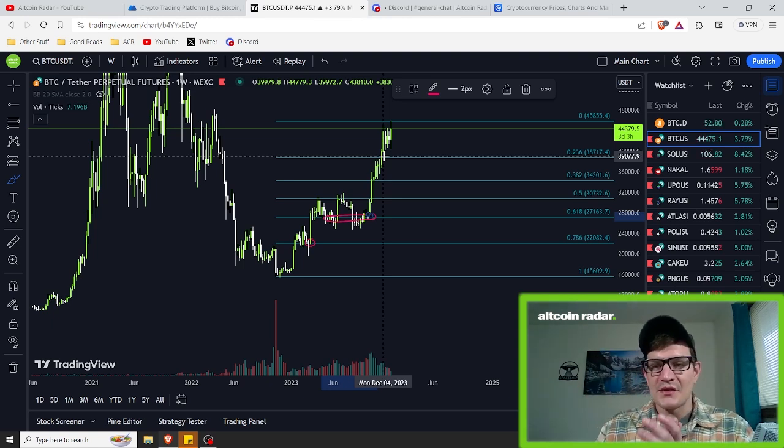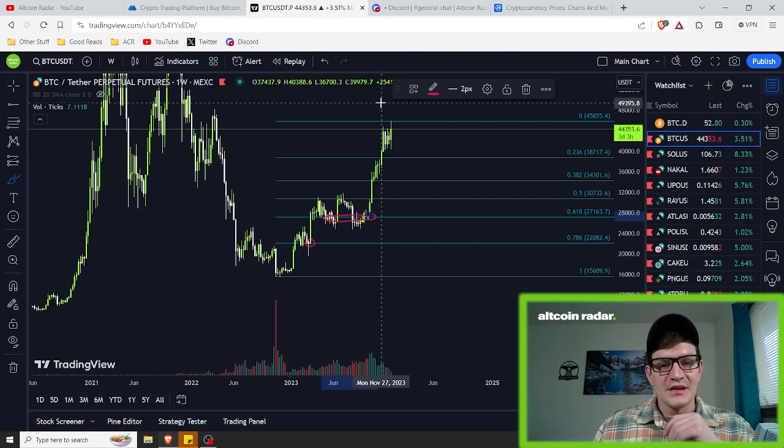And this is what's great about the Fibonacci tool. You can literally tell where the different key levels of strength are, all right? So as you guys can clearly tell,